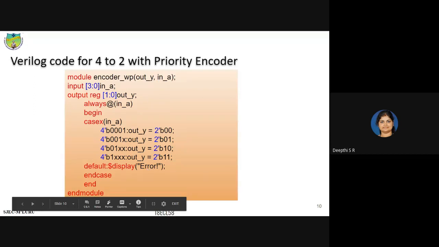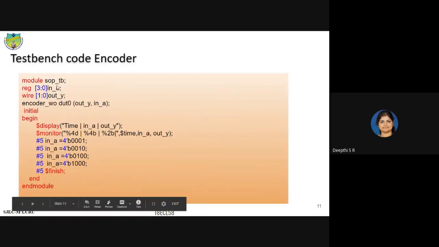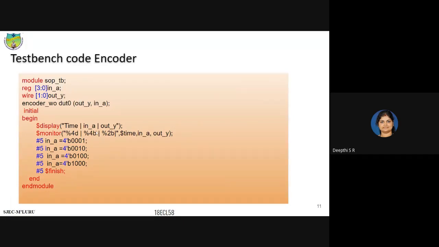Okay. So to verify this, I have added the test bench code for the same. So this is the test bench code for the without priority encoder. Which is very similar to with priority encoder. The only change you have to make is while giving the input combination. I hope you know this. This test bench, you're very familiar with. So you have to start with the module, then the module name, then the input you have to declare using the keyword reg, which is 4-bit, and the output with the keyword wire, which is 1-bit.